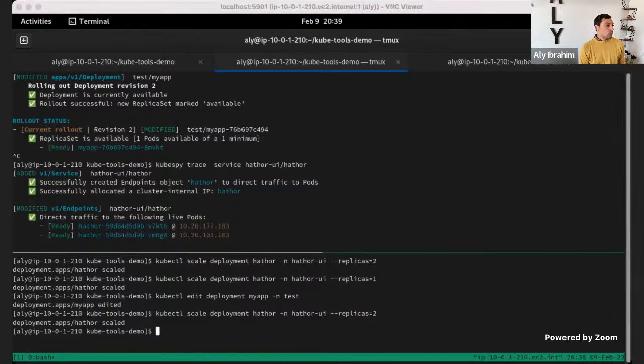I'll be switching to another tool now, which is Stern. Sometimes you want to see the logs of your pods, and there is a command for that, kubectl logs, and you need to give the pod name. But if your application is deployed across multiple pods, in production you might log to a logging system, maybe Splunk, Logstash, whatever your company is using.